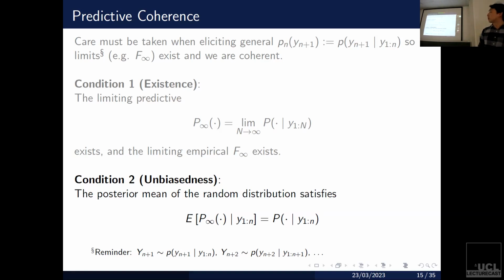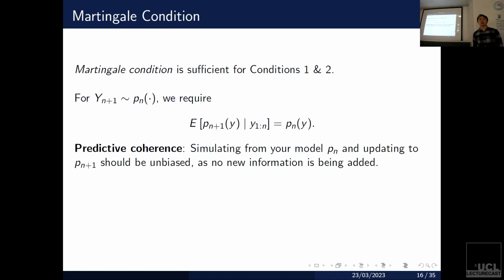Fortunately, there's going to be a simple way to satisfy these two conditions, which was the namesake of the paper. So in particular, a Martingale condition is all that is needed for conditions 1 and 2. And so a Martingale, for those who are unfamiliar, is kind of a stochastic process where conditional expectations are going to be equal to the previous time point. So in this case, what we're saying here is that suppose we're doing the first step of our predictive resampling, we're imputing Y n plus 1, and then we're going to update P n to P n plus 1. What we require here is that on average, when we update using this simulated data point, we're going to recover the previous predictive. So in other words, by simulating and updating your model, you haven't introduced any new biases. On average, you're just going to end up with what you started with.